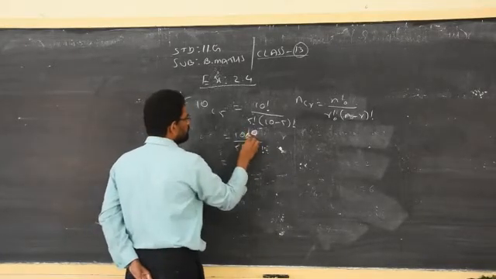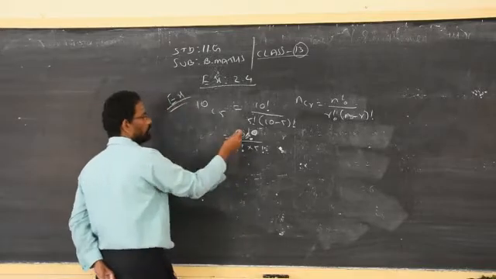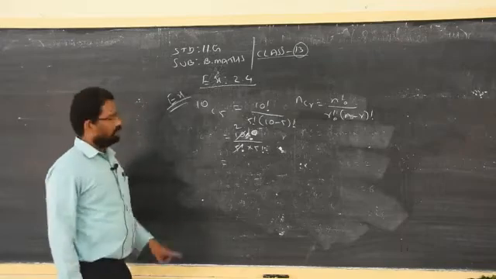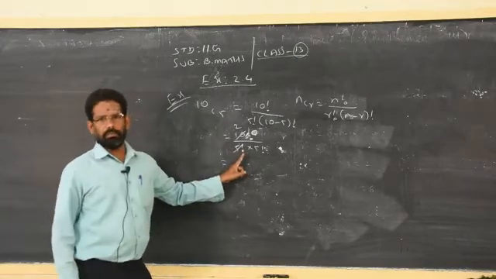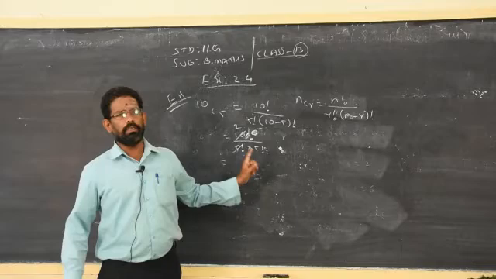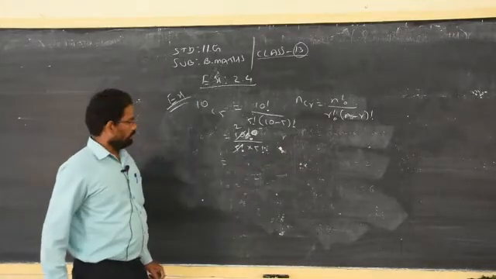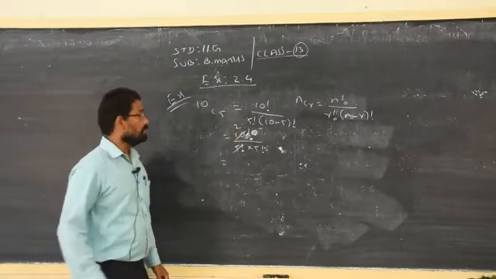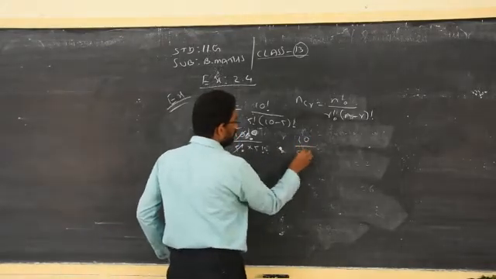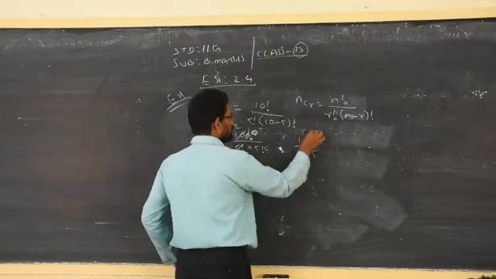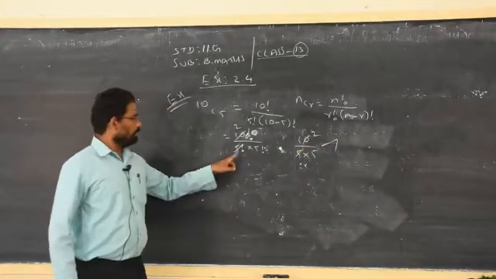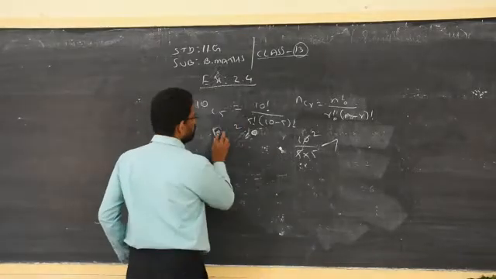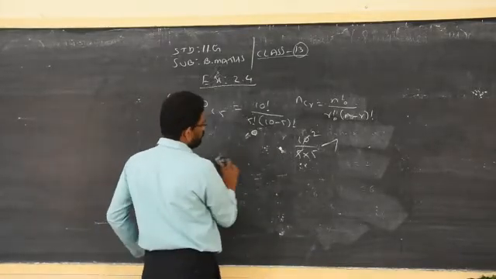So you don't cancel 5 factorial straight away, saying 5 will go 2 times. If you cancel, then your answer is wrong. It is under factorial. Factorial means you have to write from 5, 4, 3, 2, 1. So you don't cancel like this, even though 5 will go exactly into 10. If it is given simply as 10 by 5 into 5, you can cancel. This is allowed. But these two come under factorial, so you cannot simplify by cancelling the numbers.